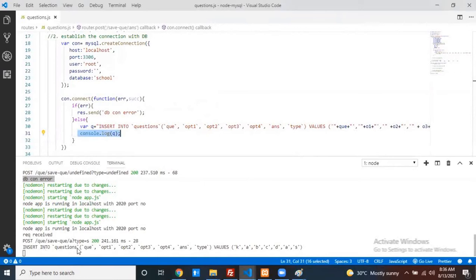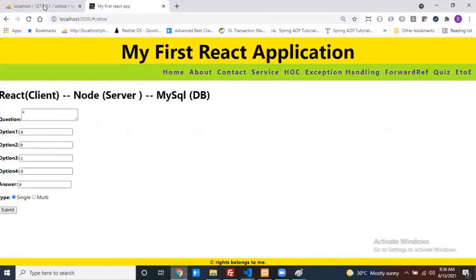Insert into questions. Okay, these all are my column names. My values are like, see the first question. Okay, first value. Okay, second value enclosed with single quote. All are working as expected or not. Now, if you want to check, just copy this query. Come to your GUI. Okay, go to your SQL.